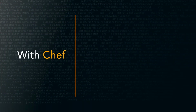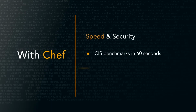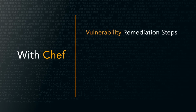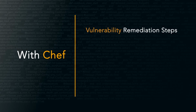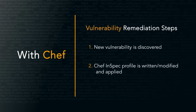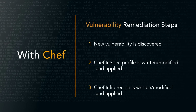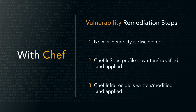With Chef InSpec, they're able to run CIS benchmarks in 60 seconds. Over 300 tests are run in a minute, and 3.5 million controls checked daily. Their vulnerability remediation is a straightforward workflow now, not depending on human intervention. 1. A new vulnerability is discovered. 2. A Chef InSpec profile is written or modified and applied, giving them full visibility across their fleet. And 3. A Chef Infra recipe is written or modified and applied, allowing them to choose where, when, how to